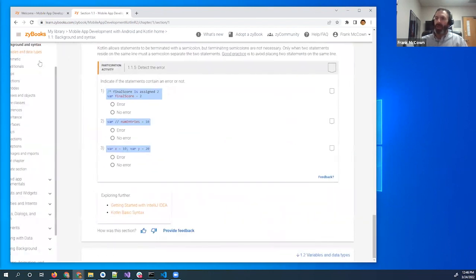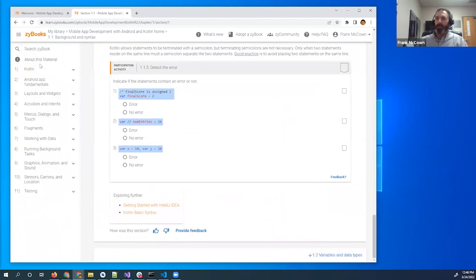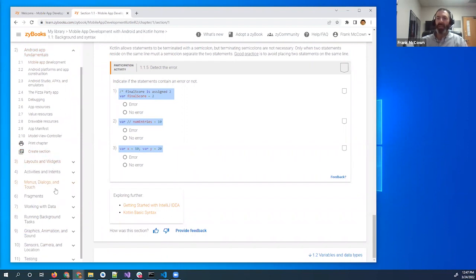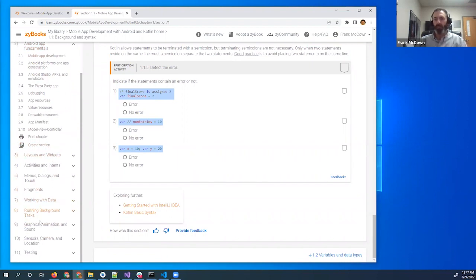So after chapter 1, we have a number of different chapters here. Generally, students would want to move on to chapter 2, chapter 3, and so on. But some of these later chapters, you might feel like, hey, I don't want to teach from this particular topic, or I'd rather move this topic in front of this other. And so you definitely have full control of your zyBook, and you can rearrange chapters, you can rearrange sections.